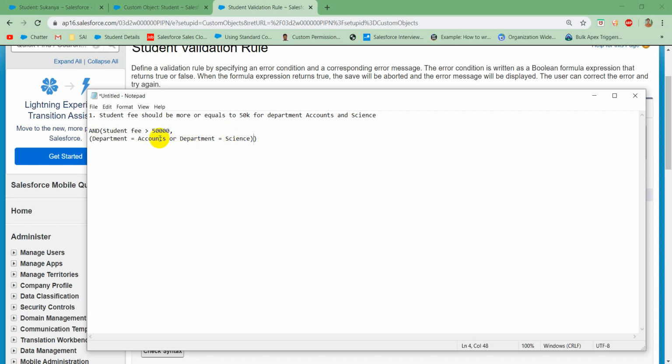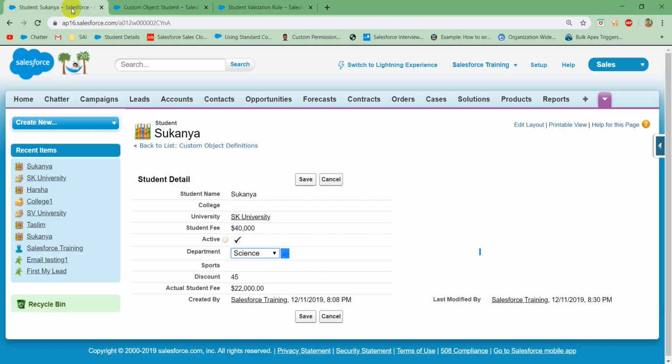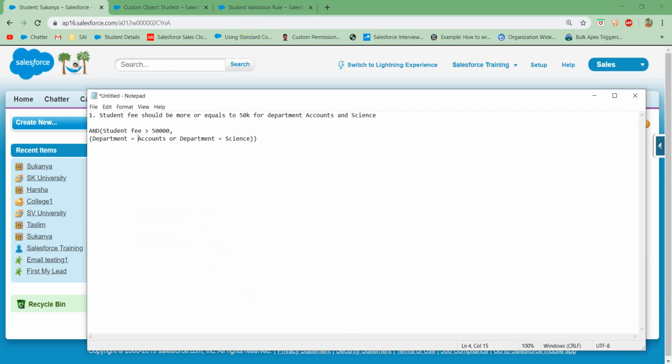So if the department is accounts or science, what should we keep, OR or AND? If you keep AND, that means the department should be accounts and also science. As it is a pick list, there is no chance that we can have two values at a time. So we should always use only OR. It may be science or it may be accounts. Then how can we use the OR? The same way we have AND, we can have logic 1,